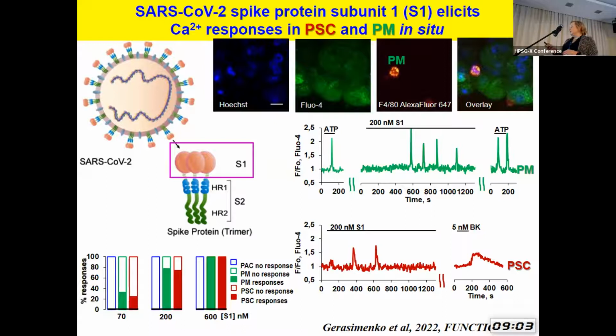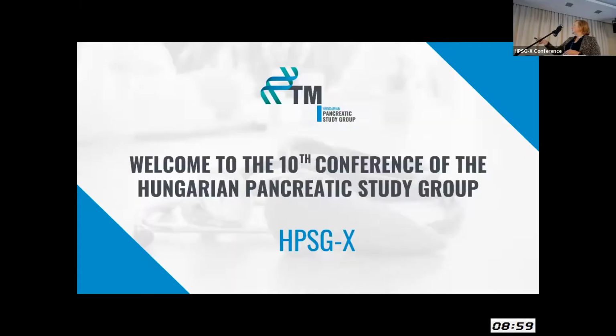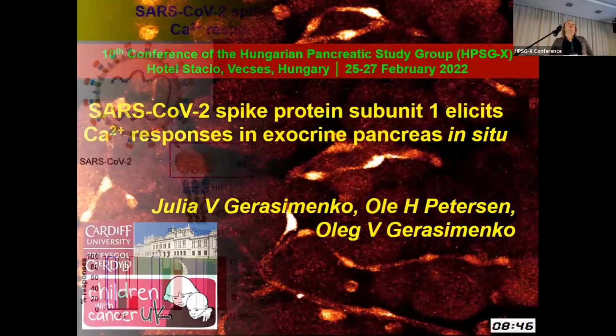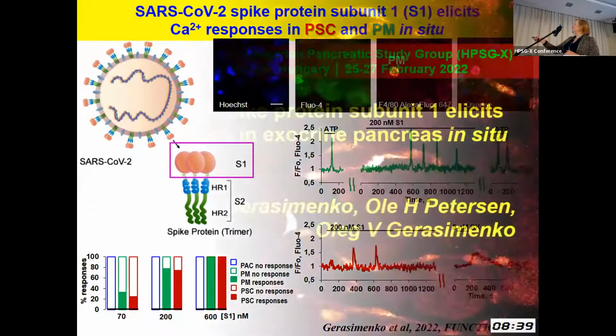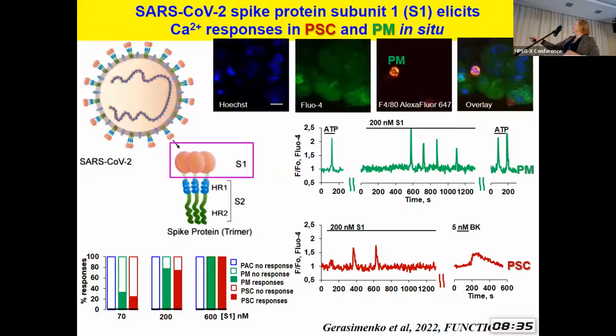SARS-CoV-2 enters the cell by receptor-mediated endocytosis, using the S1 subunit protein to bind the ACE2 receptor on the host cell. And it does so for many cells in the respiratory system, in the nervous system and digestive tract, including the pancreas. During the pandemic, when we were restricted from accessing our labs, Oleg and I were thinking,